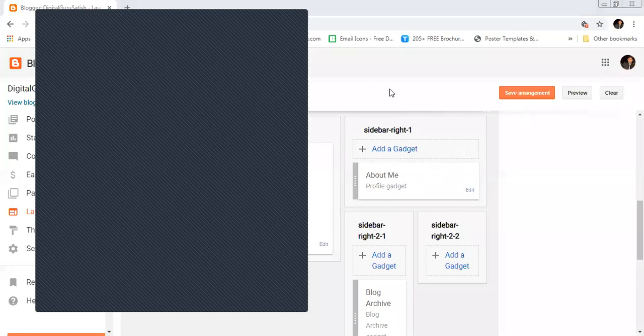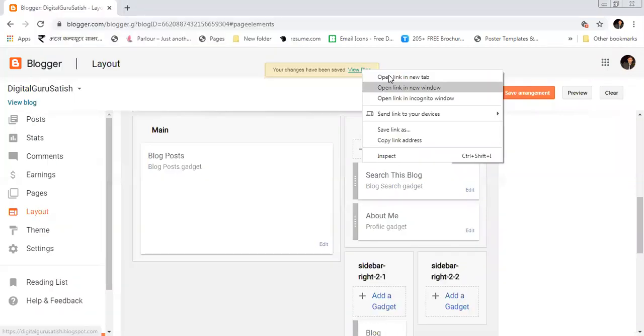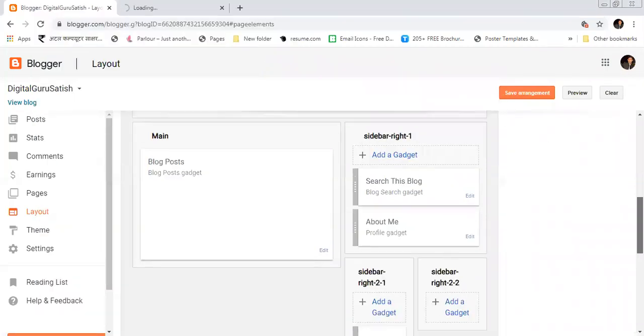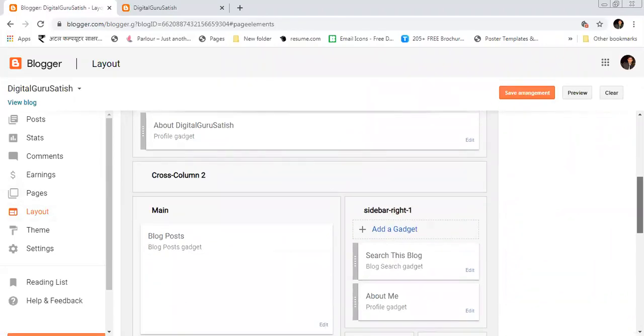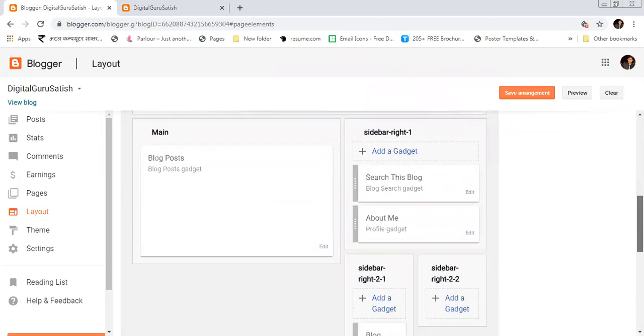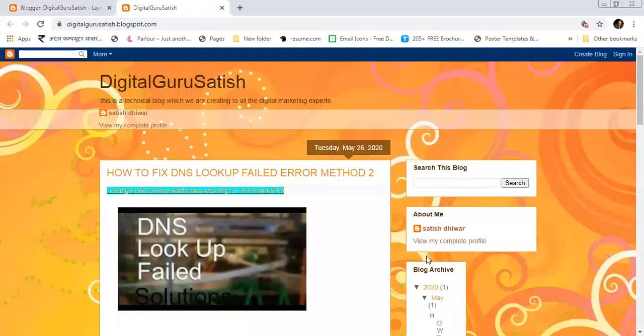And now I'm going to show you where all this is present. We will discuss the cross column section after some time. But first, I want to tell you something about the sidebar. This is called your sidebar, which is available here.